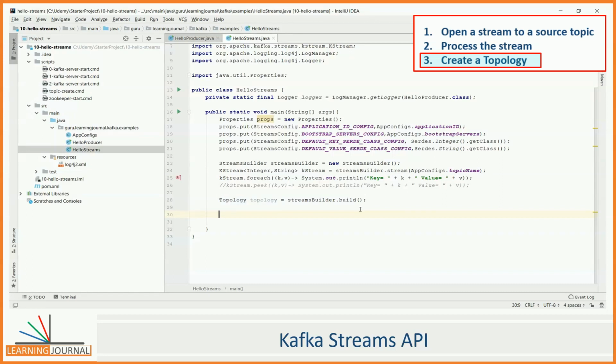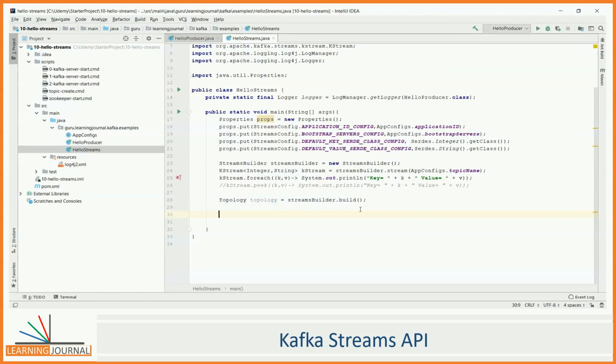If you know Java well, you can recognize this thing, right? We are using a Java builder pattern that allows for the step-by-step creation of complex objects using the correct sequence of actions. So, we define a series of activities for the topology and finally call the build method to get the topology object. That's all. That's what we wanted to achieve in step 2.